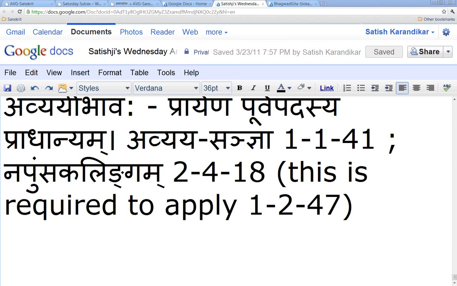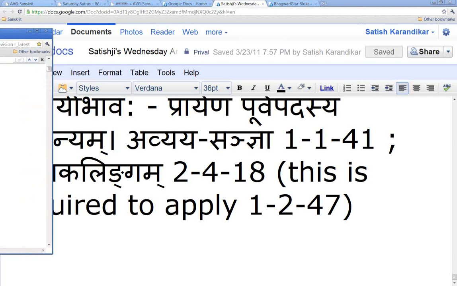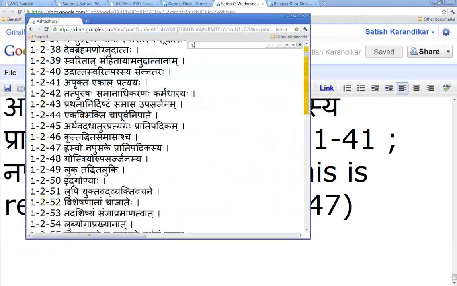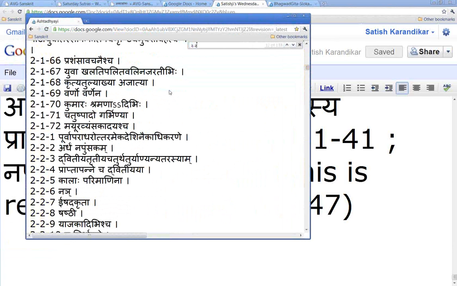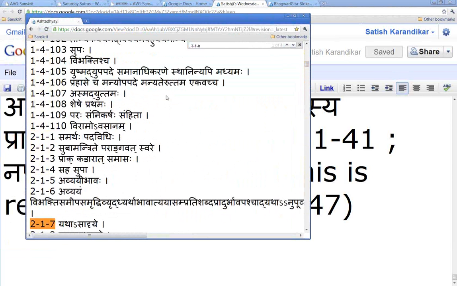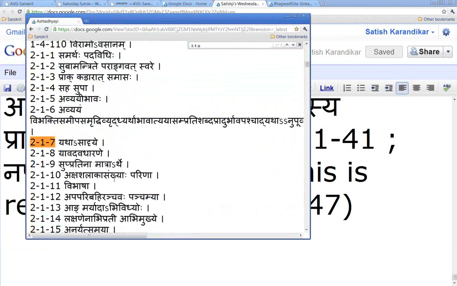Not always. Yes, many times, like Yatha Shakti Karoti, means he does according to his ability, but it doesn't have to be so all the time. For example, you can say artham prati, pratyartham. Let me give you an example right now, which will not be. Yes, many times they will be, but it's not sarvatrikam, not all the time. So let me give you an example, which I was going to do anyway. Look at this sutram, Avyayam Supratina Matra Arthe.